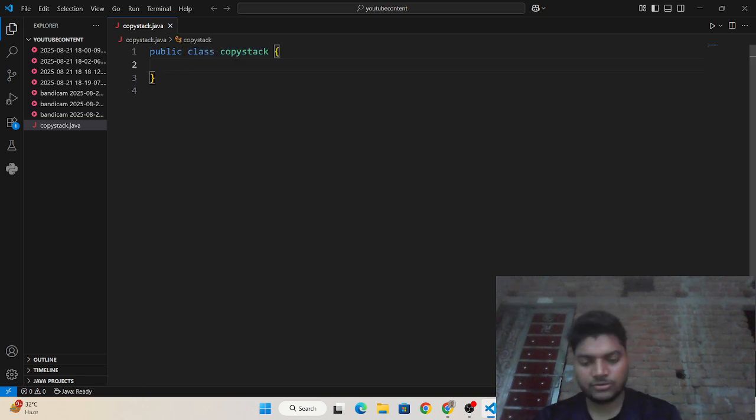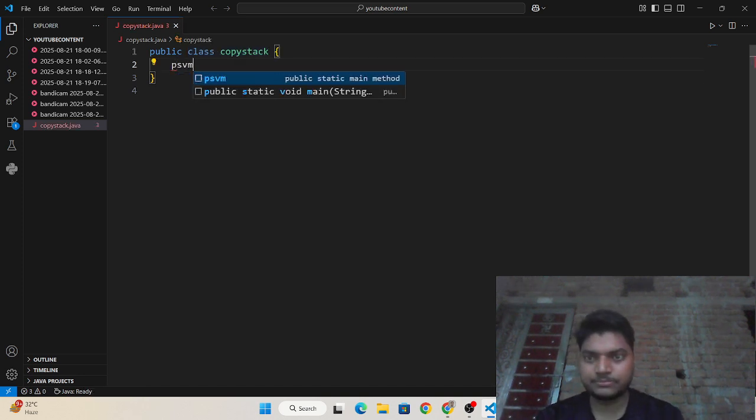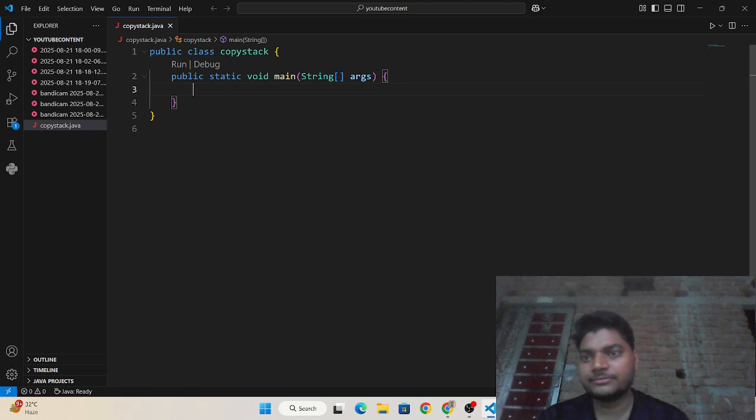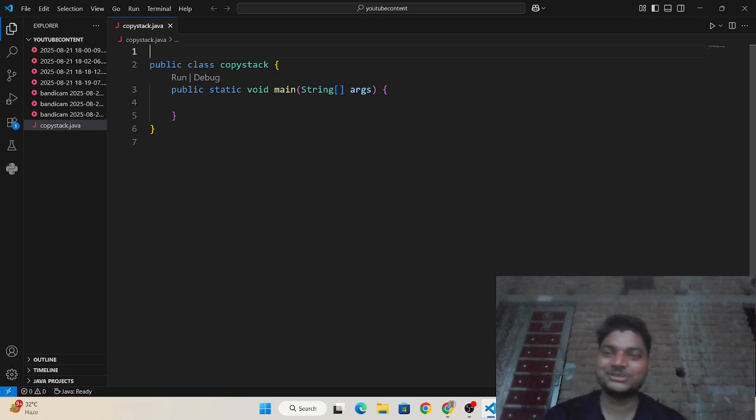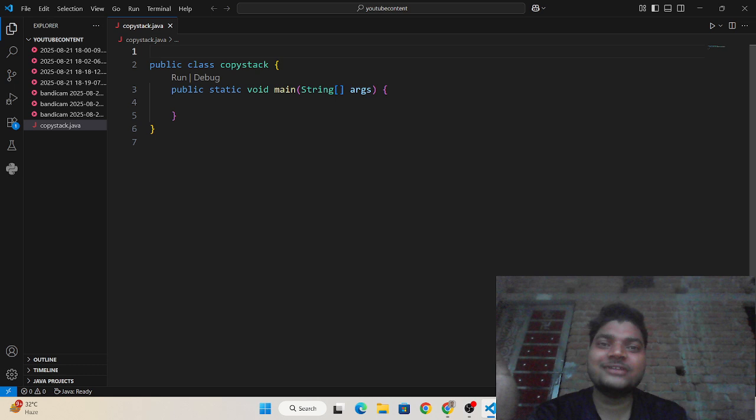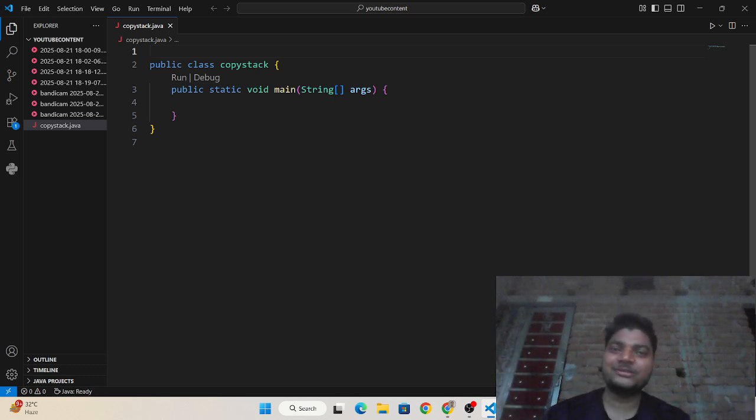Then I insert the main method directly, which is already saved in Visual Studio Code. I'm going to import the Scanner class and Stack for making the objects.